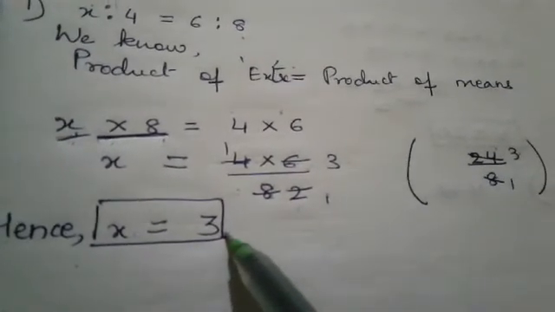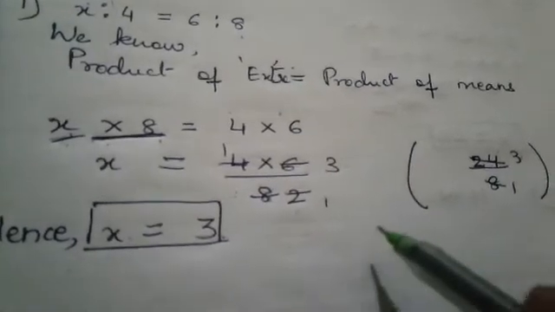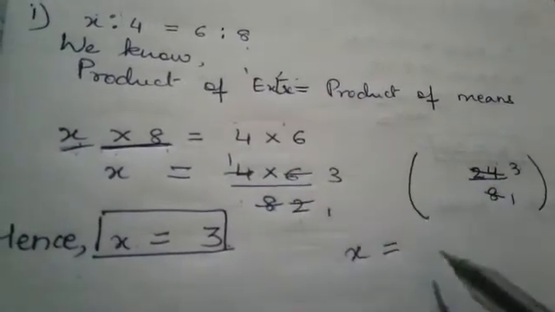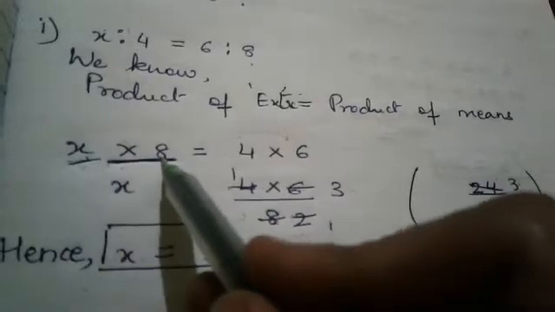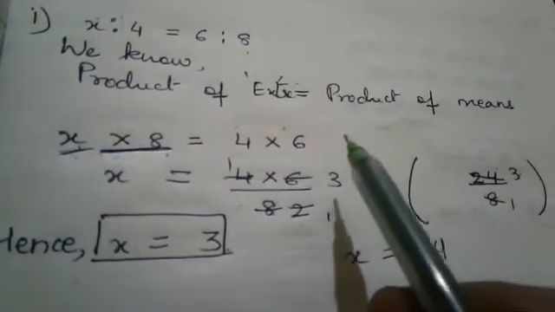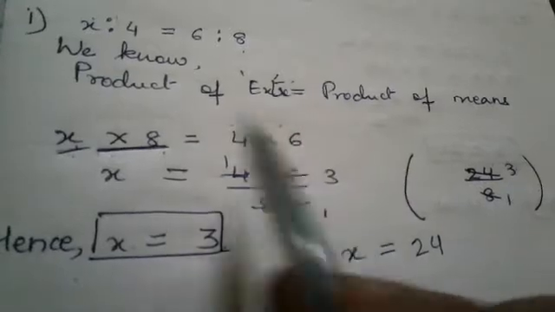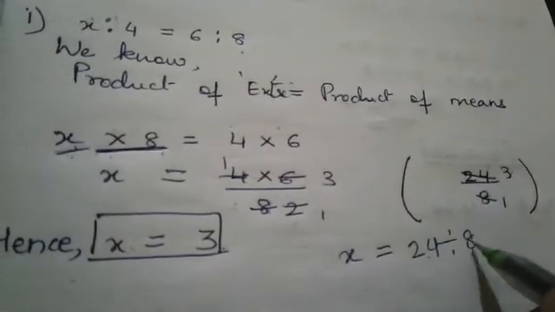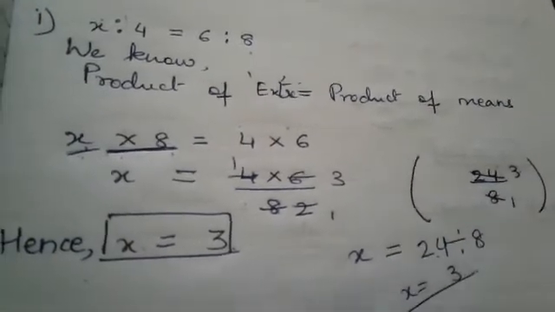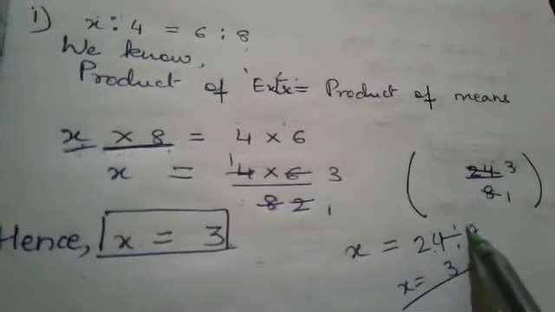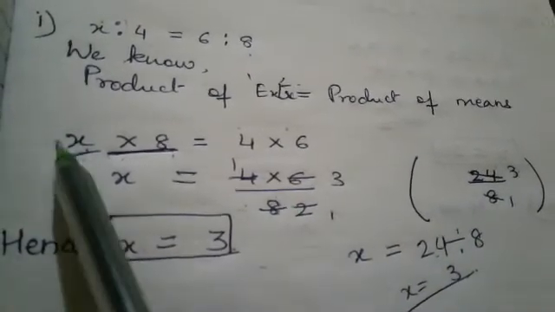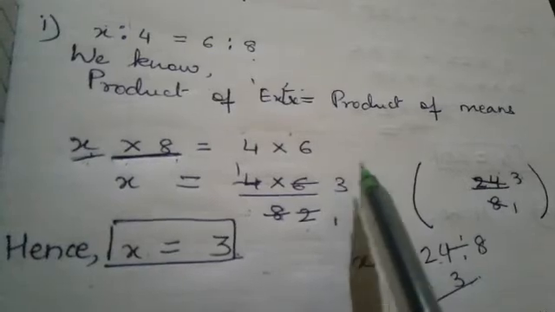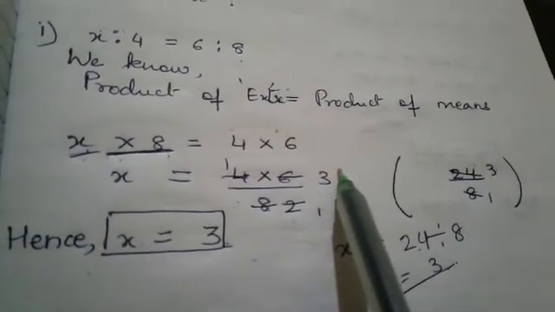This is a completely new concept for you all, so I am explaining this once again. See, x is equal to 4 into 6 was already there. So 4 6s are 24. And I told you that multiplied by 8 becomes, when it transposes, when it comes from LHS to RHS or RHS to LHS, division. So divided by 8. So 24 divided by 8, you know it is 3. So you can utilize this method also if you are confused with the other method. Multiplication becomes division, and if it is division, it will become multiplication. Always remember this. We'll see it in the next example.